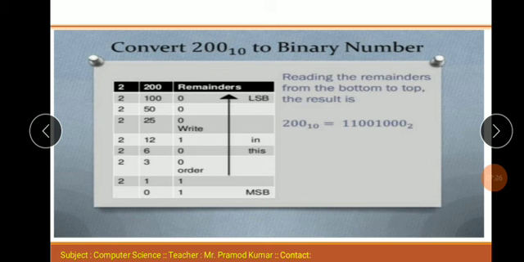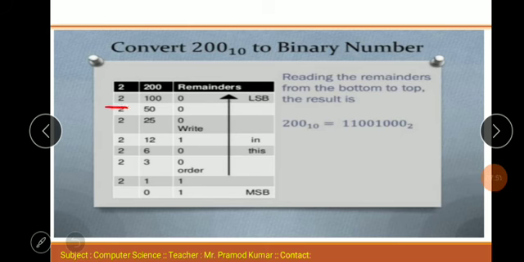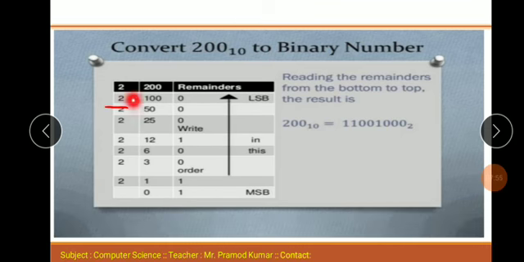to a binary number. So first you write 200 and divide by 2. 200 divided by 2 is 100 times and the remainder is 0. After that, divide 100 by 2, 50 times and the remainder is 0. After that, divide 50 by 2, 25 times, 2 times 25 is 50, so the remainder is 0, and after that you divide